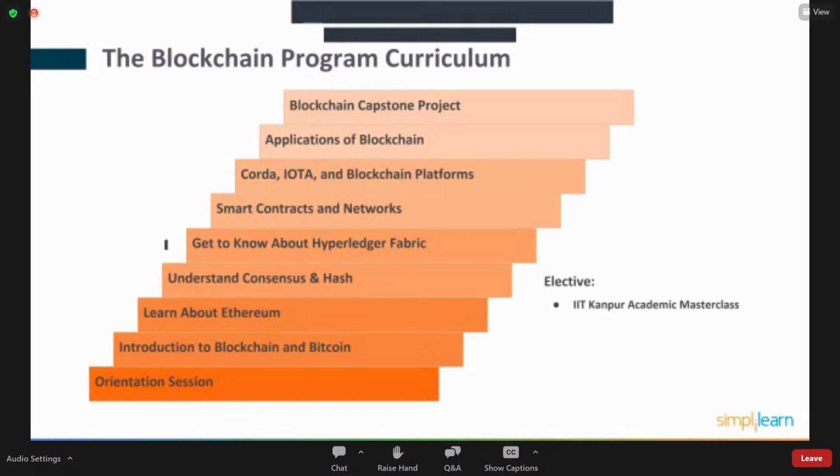So we will be writing the smart contracts using Solidity programming language. We will be creating the Hyperledger Fabric application using Java and then Go language. We'll be focusing on multi-chain. So it's a combination of everything. And finally, we will be able to do a capstone project where we will take a real case study based on your understanding, whatever we have done. So you will be creating your own project with the guidance of the trainers so that you will be able to go ahead and showcase that project to the real world, that what exactly you have developed using the blockchain.